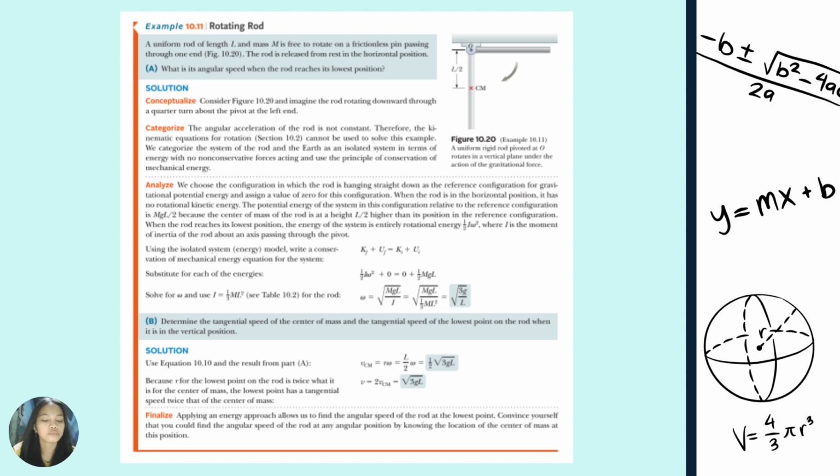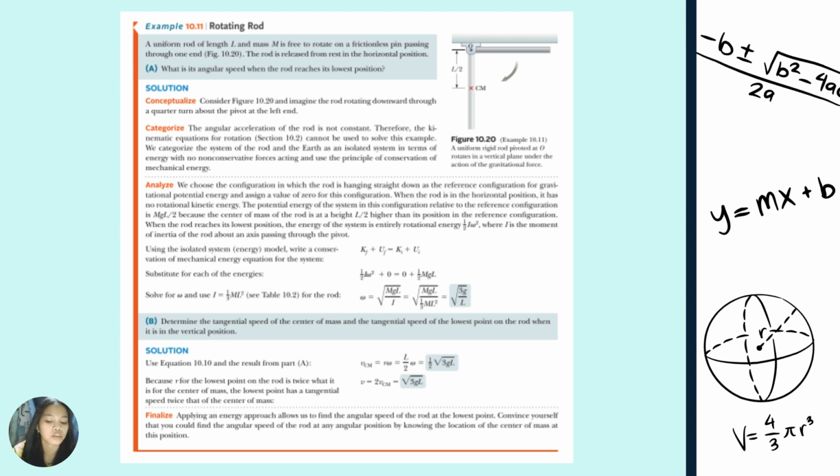We use the configuration in which the rod is hanging straight down as the reference configuration for the gravitational potential energy, and assign a value of 0 for this configuration where the rod is in the horizontal position. It is a non-rotational kinetic energy. The potential energy of the system in the